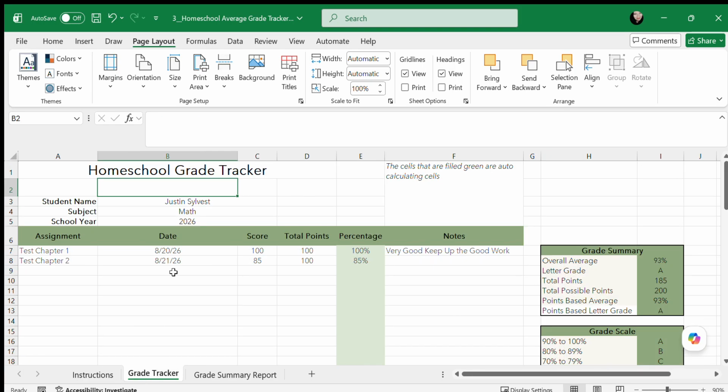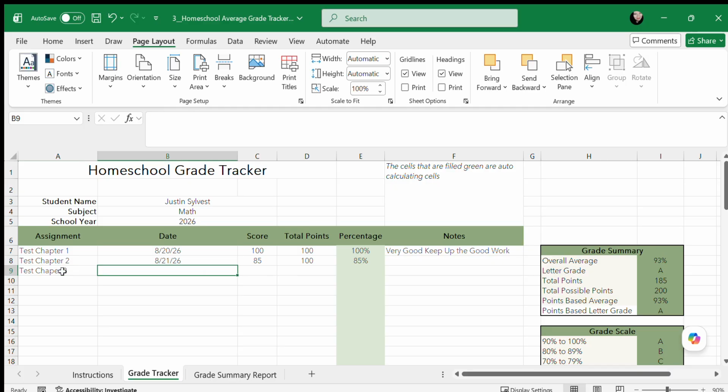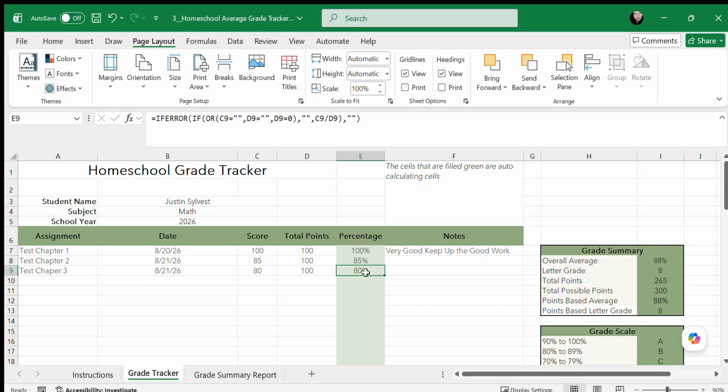Okay, and here is the Grade Tracker, which I already have some information in here, but I'll type in some more so you can see how it works. And then you just put the date, okay, and then you put the student score, okay, and how many total points, and then you get the percentage, and then you get, here's the grade summary,